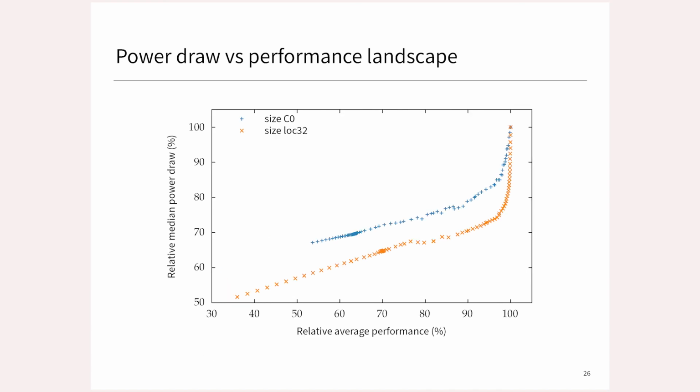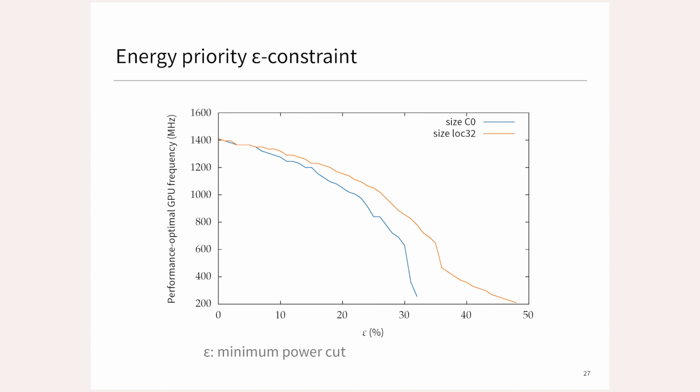This is the landscape plot that helps you make decisions on more strict power cuts. Here I put the relative median power draw during a given benchmark versus the relative performance. And typically here you say, well, I want to reduce that to 80% of the default cost. You draw a horizontal line, and then you see all the solutions that remain that will achieve power consumption lower than this threshold. And you can also process that automatically. And this is essentially the answer